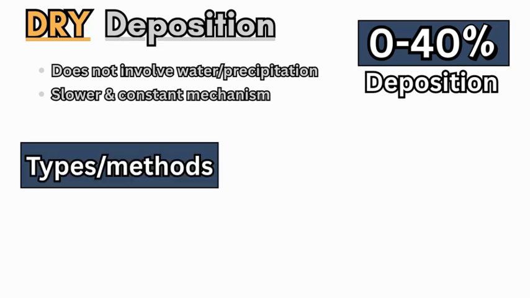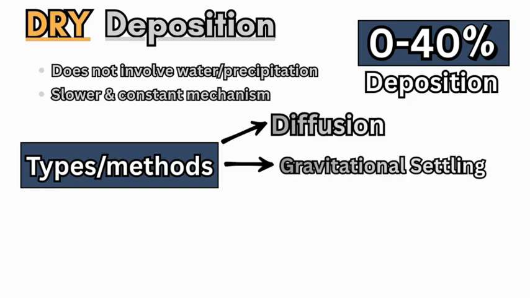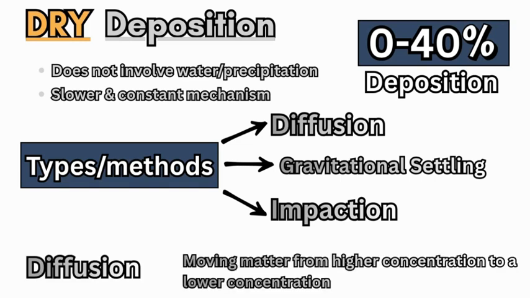Now, there are three main ways that particulate matter, aerosols, and gases can be removed from the atmosphere and deposited on the Earth's surface without the use or means of water. That is diffusion, gravitational settling, and impaction. Diffusion is like osmosis, moving matter from a high concentration to a low concentration. So the high concentration would be the atmosphere and naturally diffuses onto the Earth's surface where there is a lower